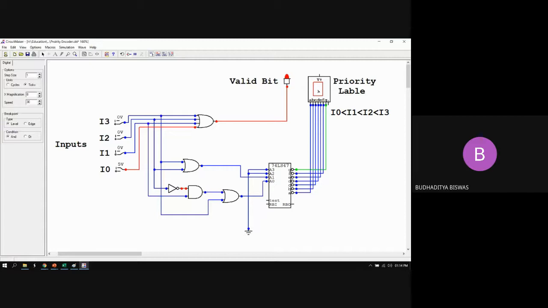Then the next interrupt I1 is coming to the circuit. Then you see that the priority level is 1. Again, some predefined task is assigned for that one, and the processor will do accordingly. And in that case, when I give priority 0, nothing is happening. The priority level is not changed. It will remain fixed at 1. Got this one? That's why it is called the priority encoder. It will not address all the interrupts at a time. It will address the interrupt at a particular time based on the priority level.